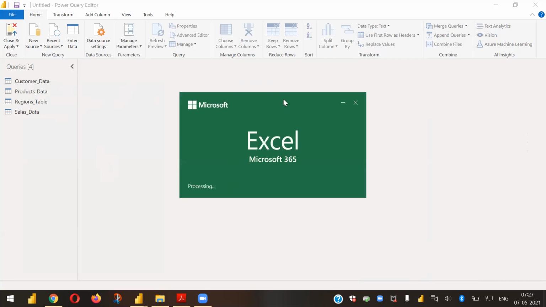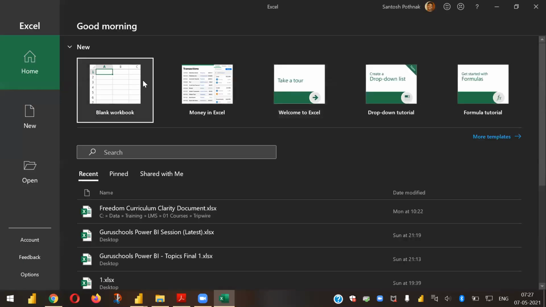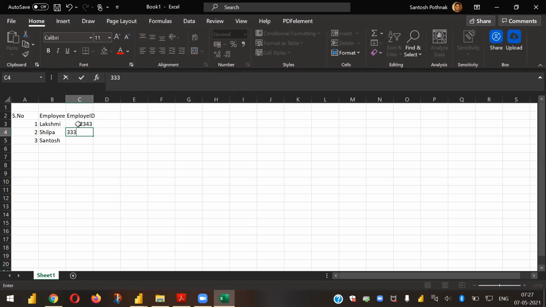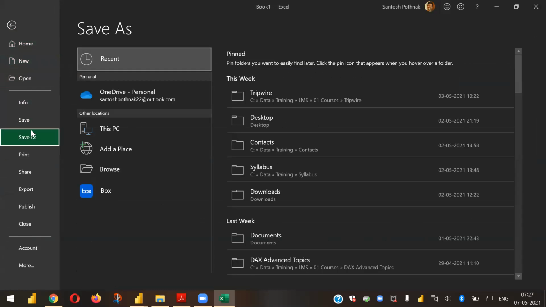So maybe I'll create some dummy values with three columns in the Excel sheet, right? So what I'll do is I'll say serial number, employee ID something, okay, 1, 2, 3. There's an employee name, okay, some ID, random ID. So you should know, even if you can play around with a random Excel file with the data set. I'll just save,